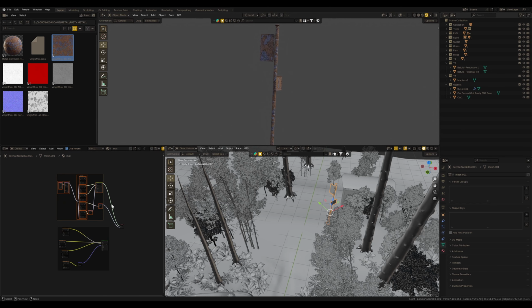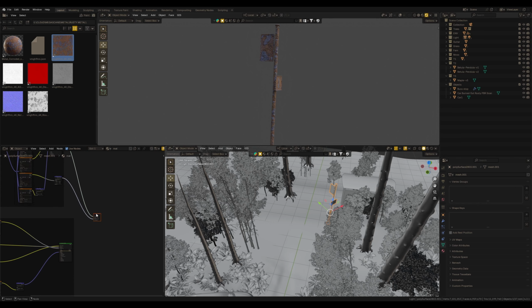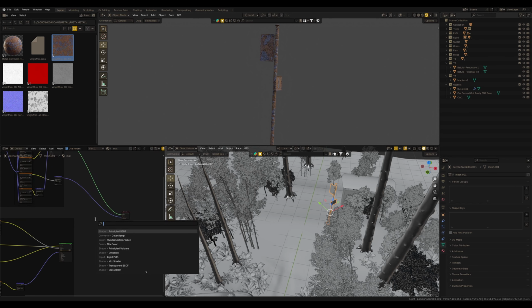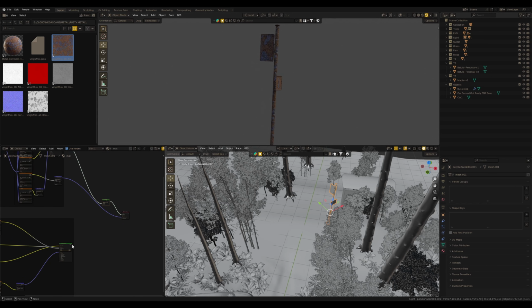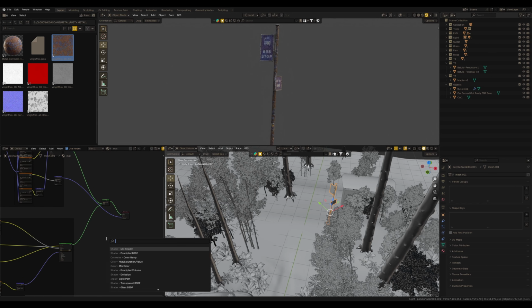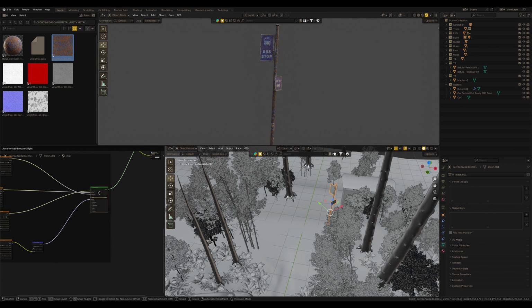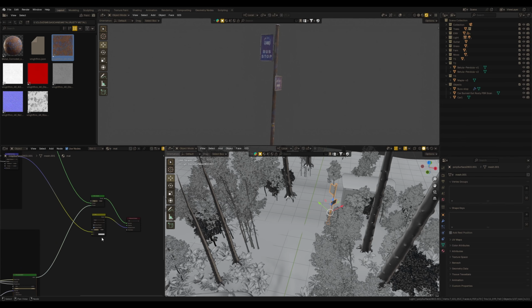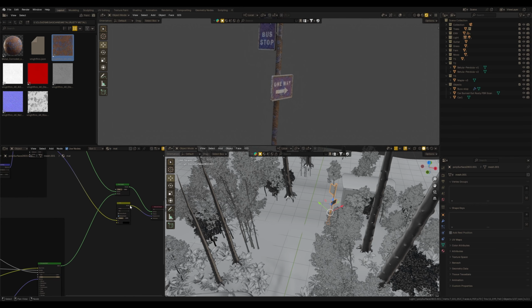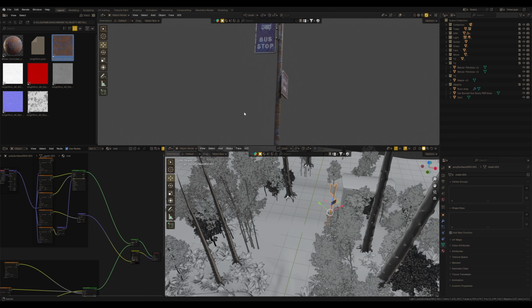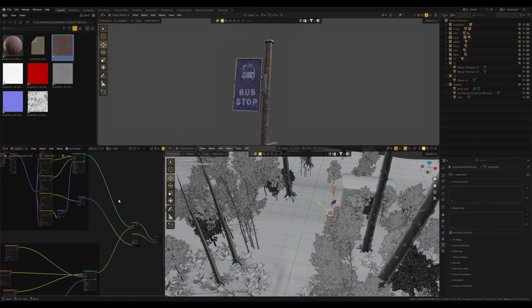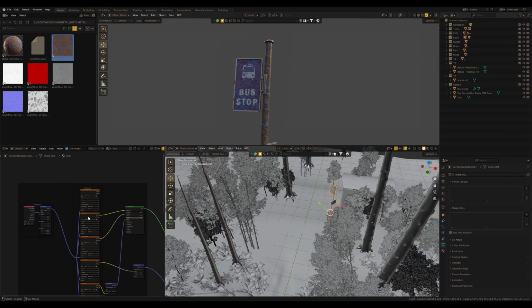Now I have the original material from the model and the new rusty metal material, and we can blend them. I add a mix shader node to combine these two materials, and I also need a mix color node for displacement. But since this original material doesn't have displacement, I set the color to black in this mix color node, where the displacement from this material would normally connect. By the way, it already looks cool, but I want to show you another approach.